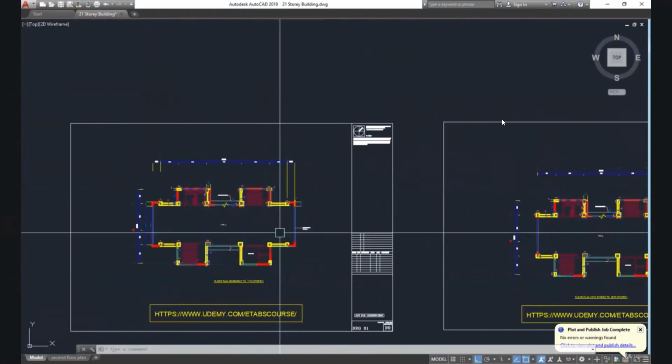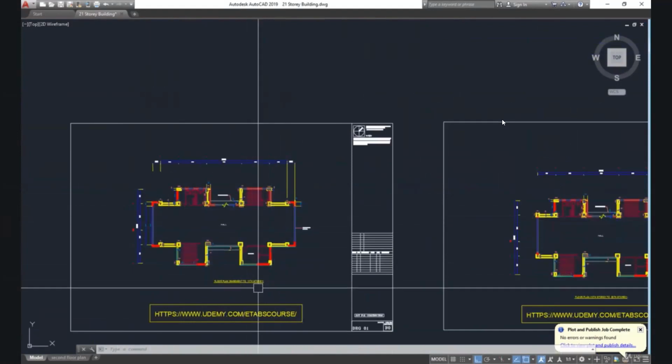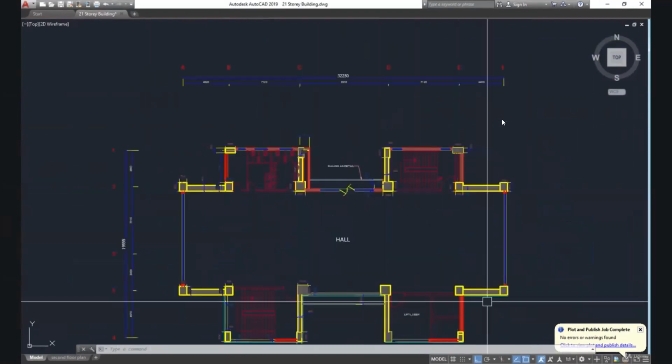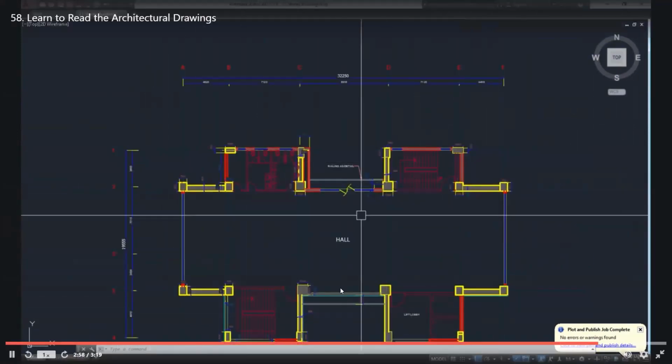So the area of the building is somewhat higher from basement to 11th story, and after 12th story this projection is not there, only this system is present.